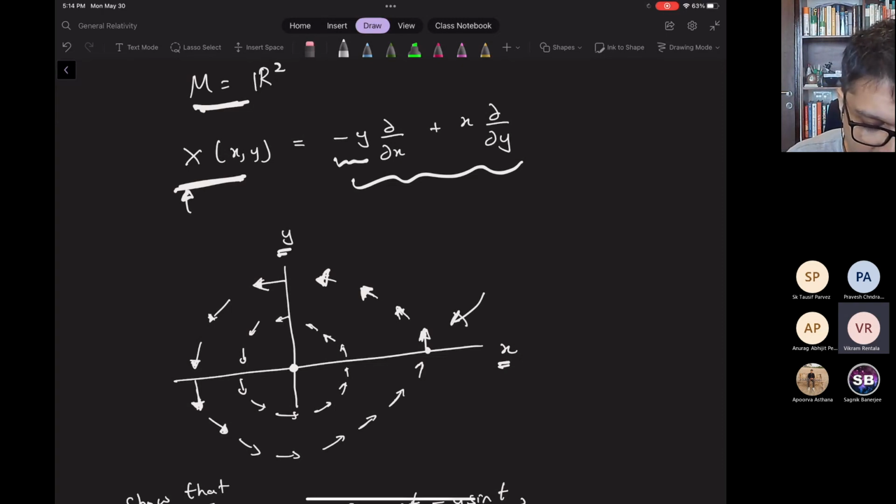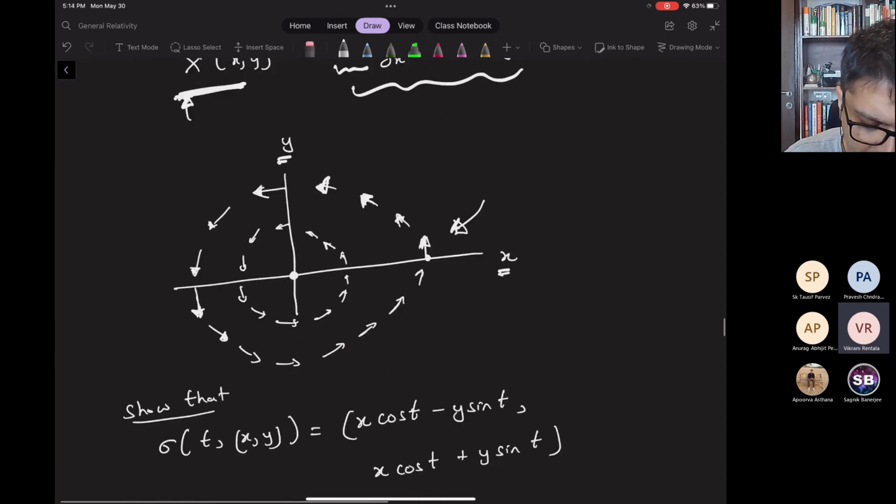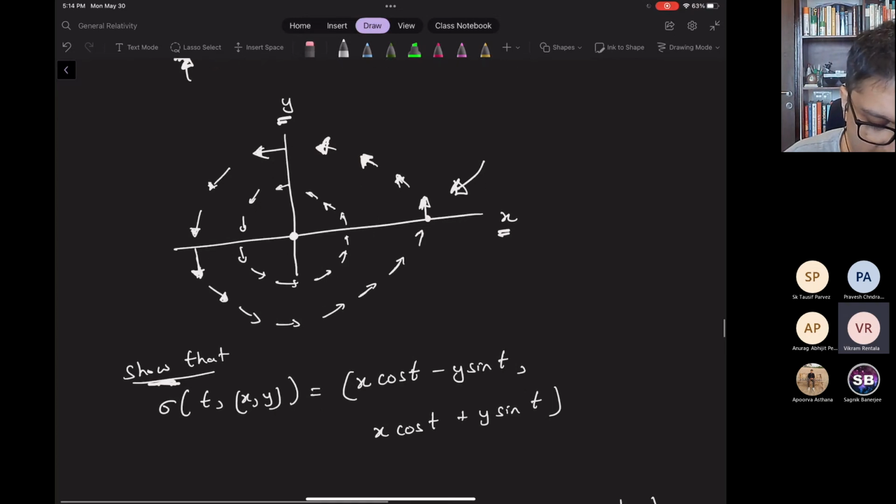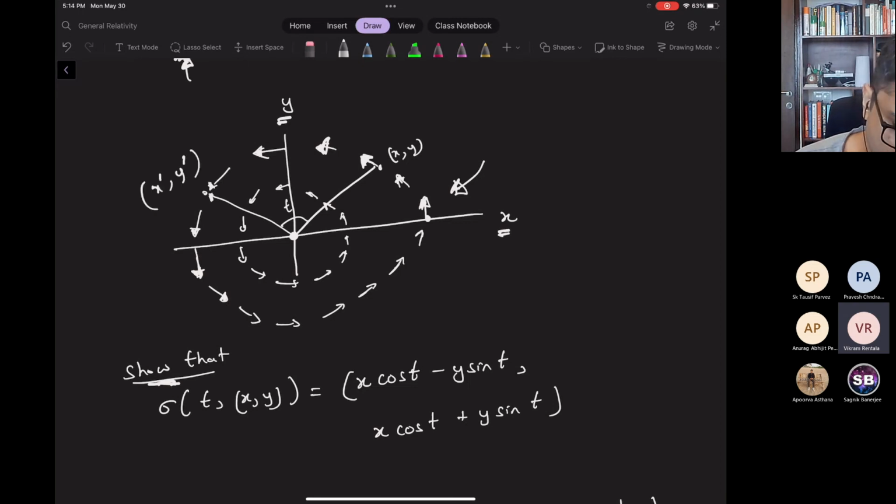You can work this out. You'll see that these are the directions of X, if I plot the directions of X on this plane. And then you can show, again I won't do this, by solving those differential equations, that if I start at some point with initial values x and y, and then I follow this flow for an amount t, then I will end up at a point which is rotated by an angle t, such that my new coordinates, which are x prime, y prime, or to be consistent with the notation,